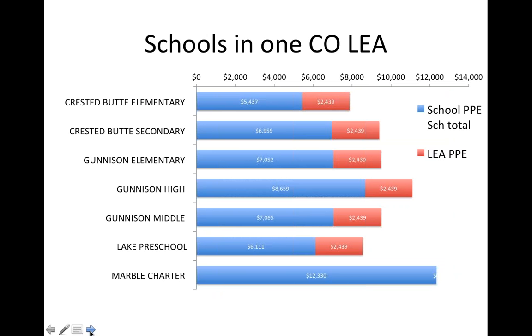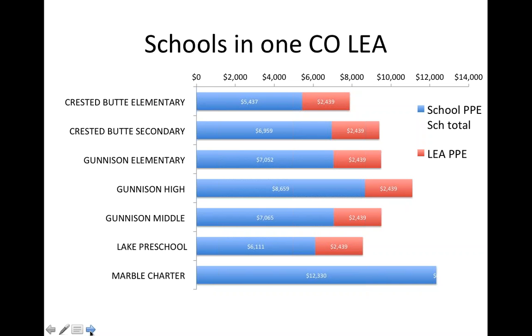And for another bit of the data, we just visually try to display the Colorado data. So just a heads up that we're back at Colorado. That was done on the different schools there, in the template analysis that we put up. And you can see that with a consistent amount of LEA money in the red and some unevenness in the school level money, and then the charter at the bottom, how